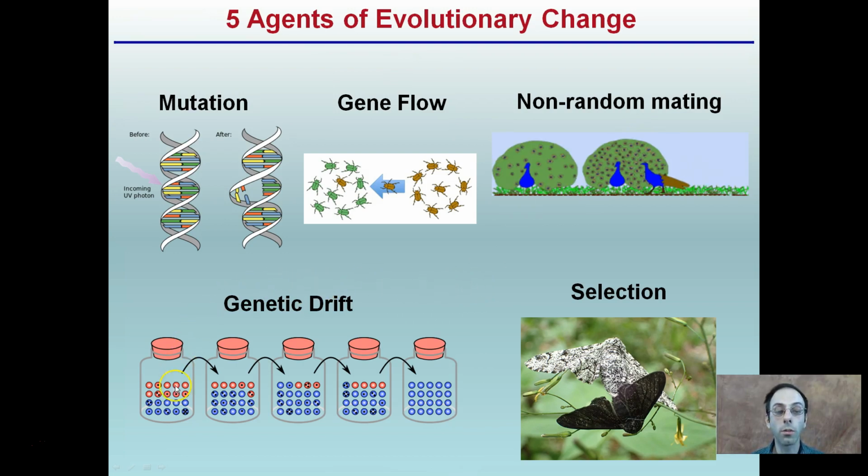Then we have genetic drift, where we're seeing a shift, in this case, towards the blue circles here, away from the red circles. So that's genetic drift. And then this whole idea of selection. What, based on the environment, will make one individual blend in better, allowing it to avoid predators, for those genes to be passed on to the following generations.